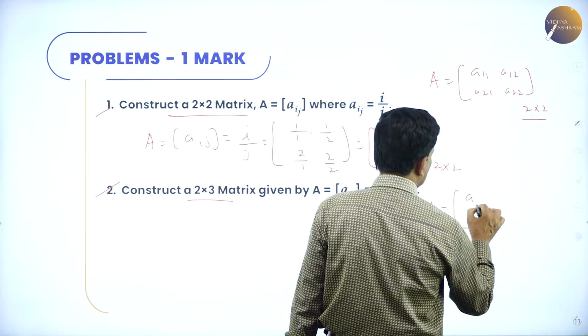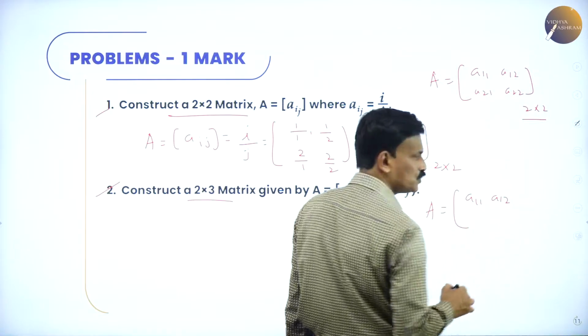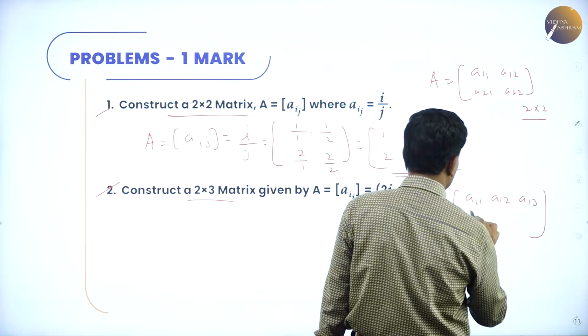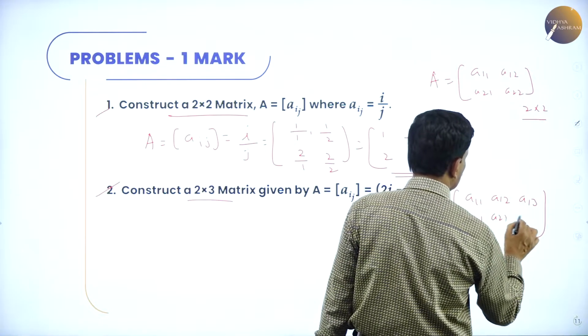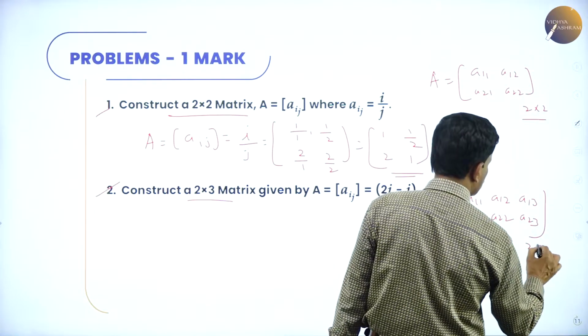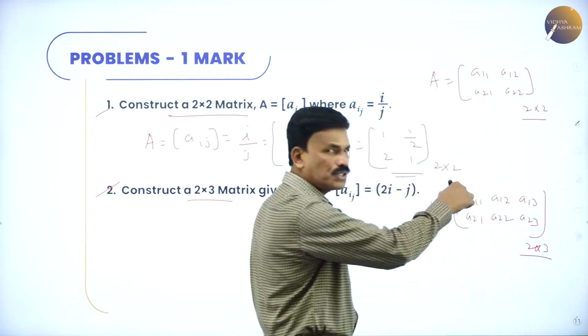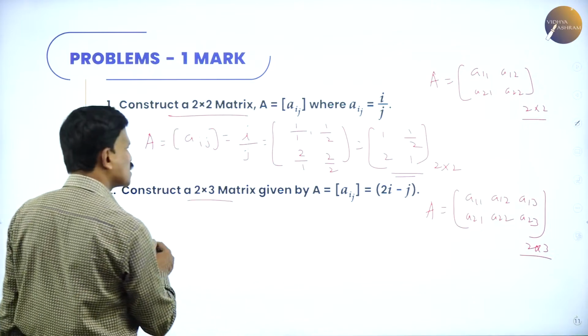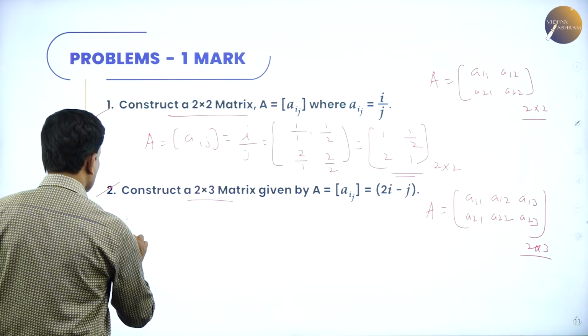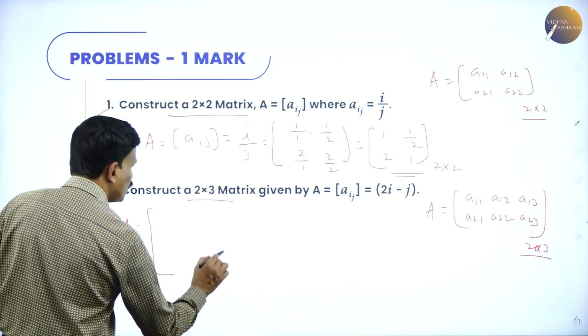2 rows: a11, a12, a13, again a21, a22, a23. So this is 2 rows and 3 columns. Write down the elements. What are the elements we have? Therefore A is equal to, straight away we can write